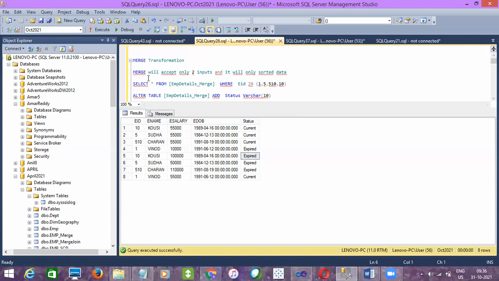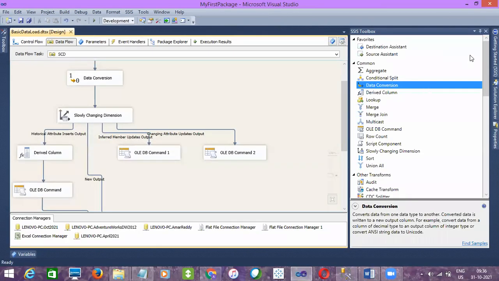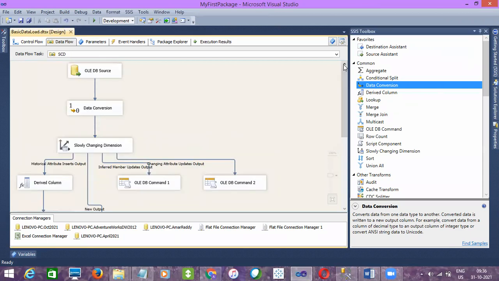Clear? Okay. In real time, normally for an employee salary maintenance form or any other business-related data, they will not do any manual updates or inserts. It will be an automatic process. That's the reason why we are using SSIS here. This is an automated process, right? We are not touching it. Even the source data will be automated through the application, and we are picking those source data. Here we don't have automatic source updates, right?